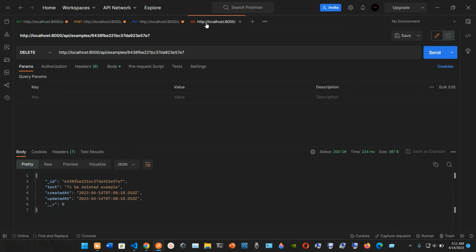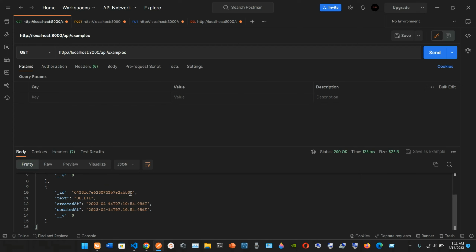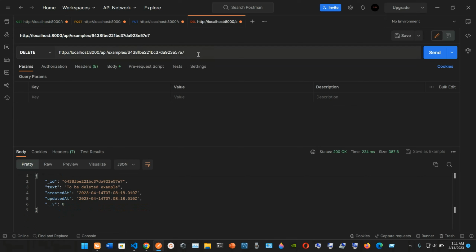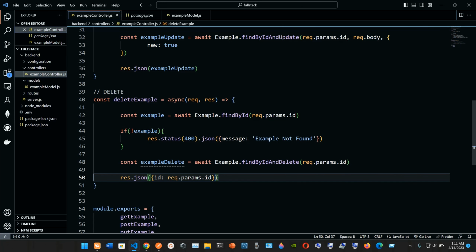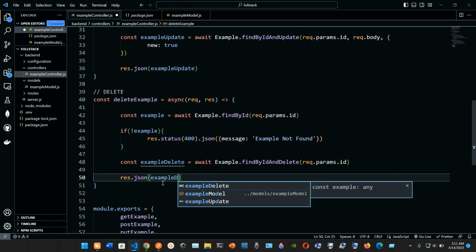So now let's grab the ID of delete. Let's just grab this whole ID, and we're gonna paste it right now. And if I click send, I should only see the ID, I shouldn't see the text, created at, updated at. So let's click send, and as you can see, we only have the ID this time. If you want to do that, or you can just get the whole thing and just put in the name of this function that we created here, example delete,